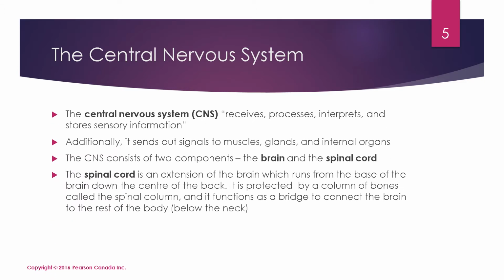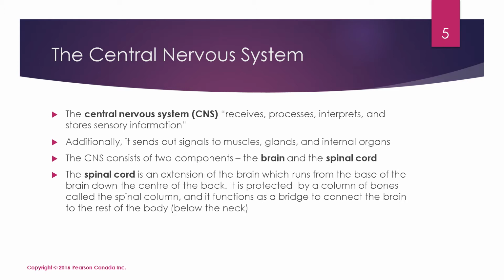The central nervous system, or CNS, receives, processes, interprets, and stores sensory information. Essentially it consists of 2 components, the brain and the spinal cord. Even though it's just those 2 components, obviously we know that the brain is responsible for pretty much everything we do. So it's a very, very important system within our body. It sends out signals to our muscles, glands, and internal organs to tell them how to respond to stimuli,